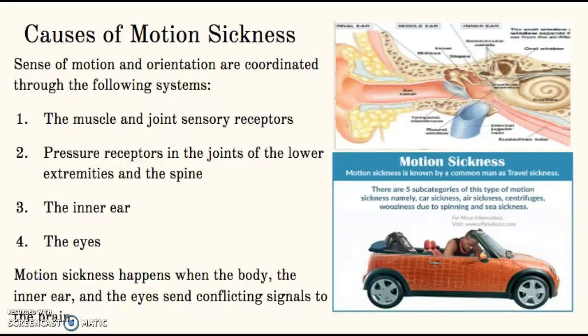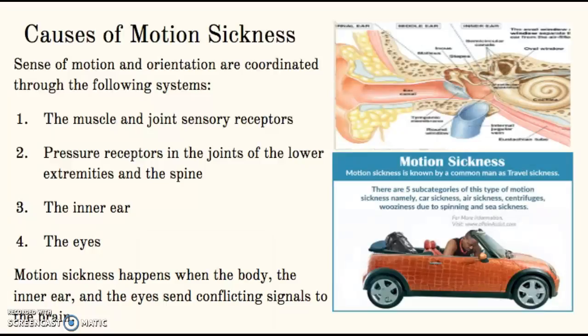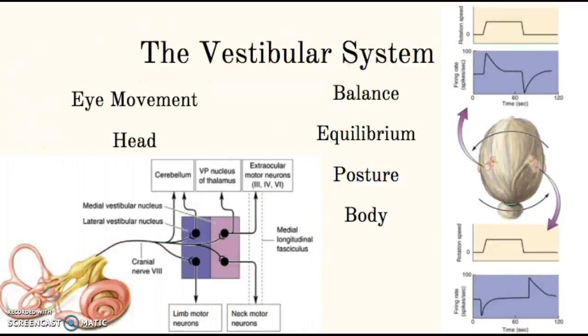The third is your inner ear, which is also called the labyrinth, and that monitors the direction of motion, such as turning, rolling, forward, backwards, side to side, up and down, and other motions. That's why when you're hanging upside down from a tree, you know that you're upside down. The other reason you know is because everything looks upside down, which is where the eyes come in. They monitor where your body is in relation to other objects, and also which direction it's moving in. Again, motion sickness is caused by conflicting signals from all of these different inputs going to your brain. For example, your eyes say, I'm not moving, when you're in a car looking down, but the rest of your body says, yes, you're in motion, and then you get motion sickness.